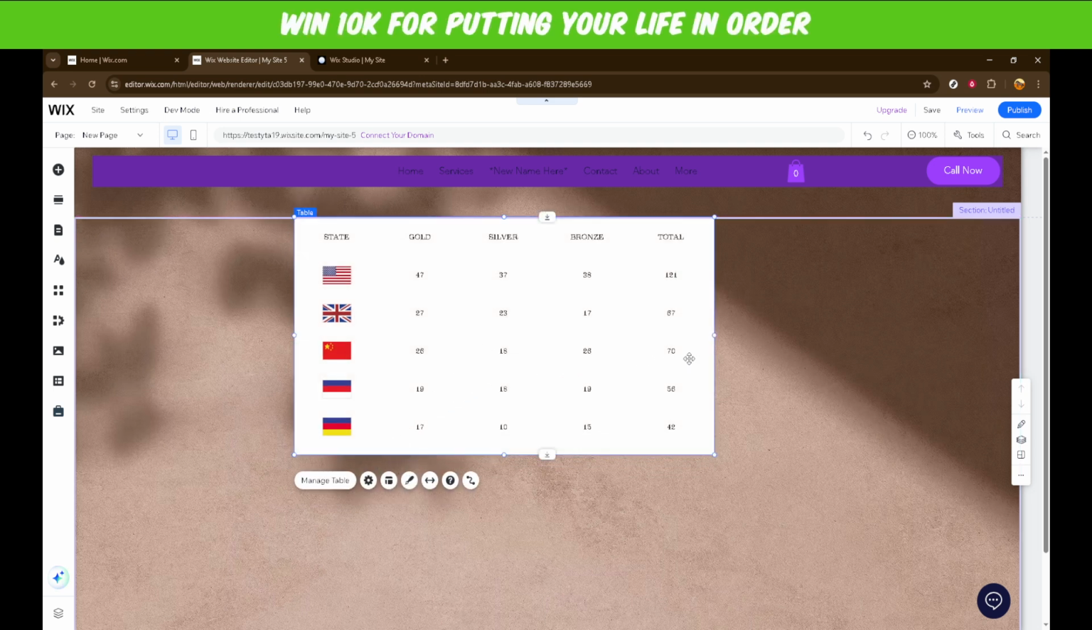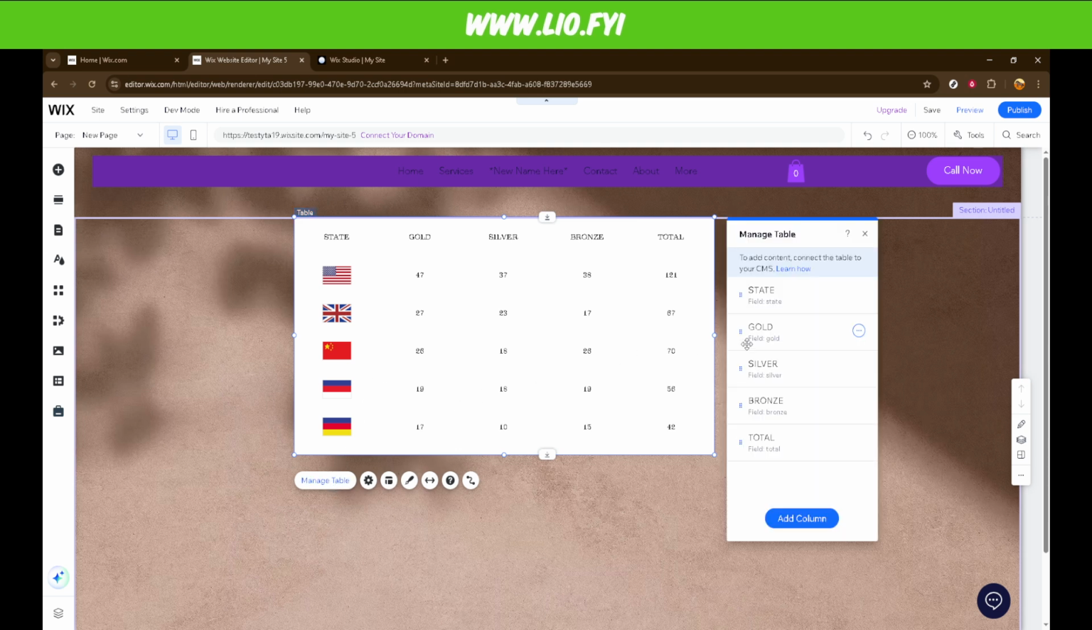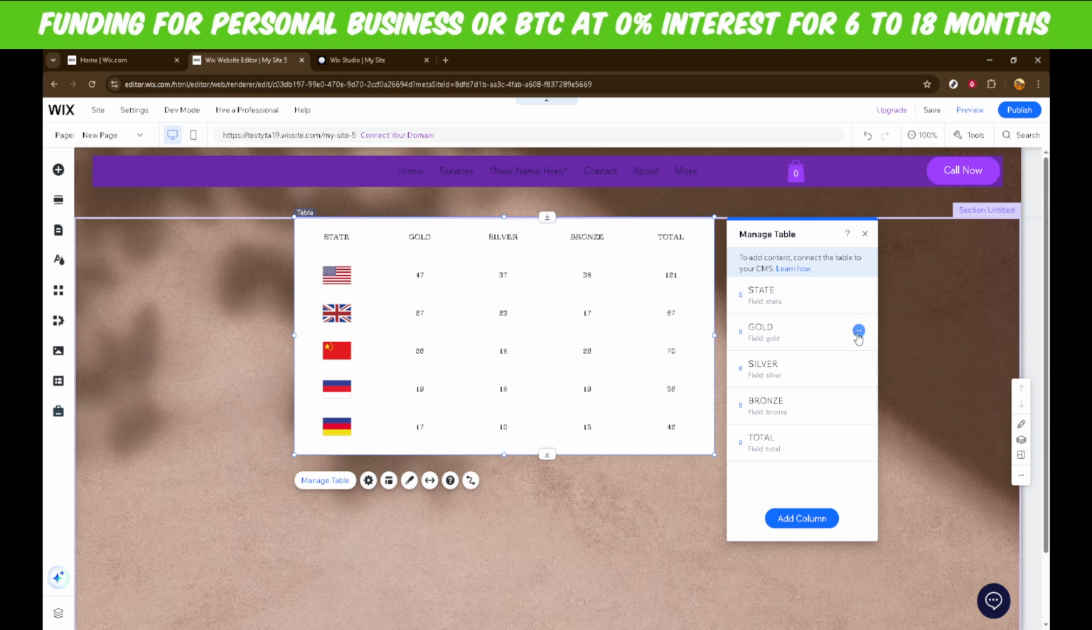requirements. Click on the table itself to bring up a toolbar with additional customization options. Find and click on Manage Table to delve into deeper configuration. This feature allows you to organize and dictate the specifics of what your table will contain. You can adjust the number of columns and rows, input data, or even import it from an external source as